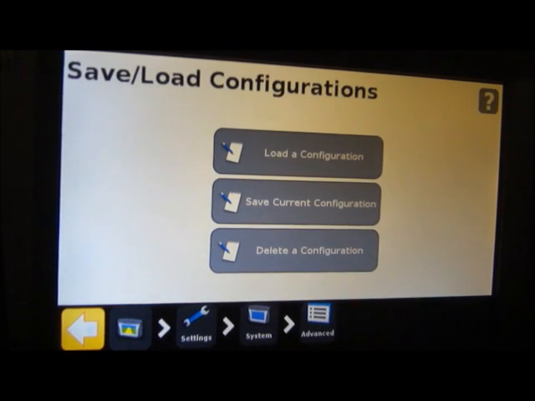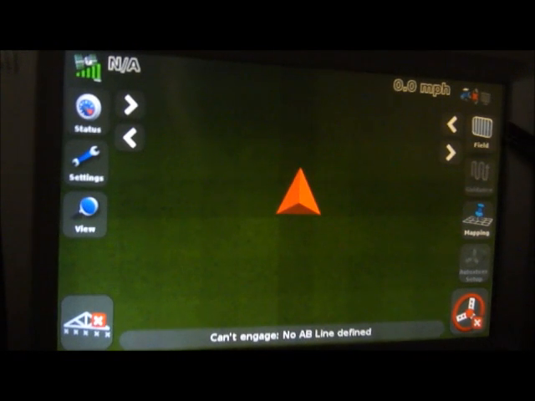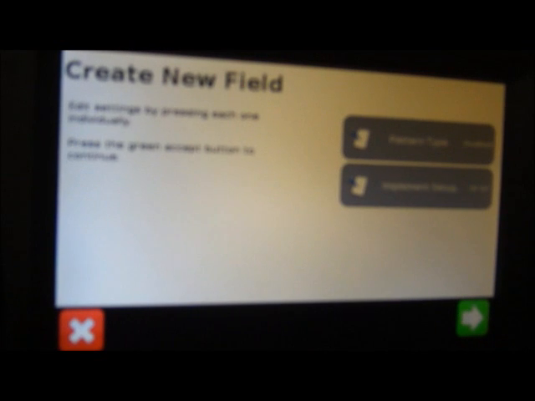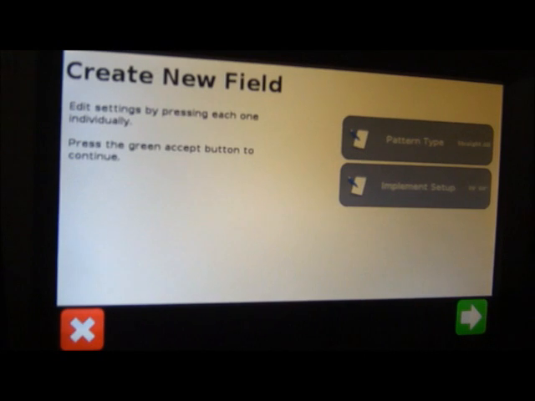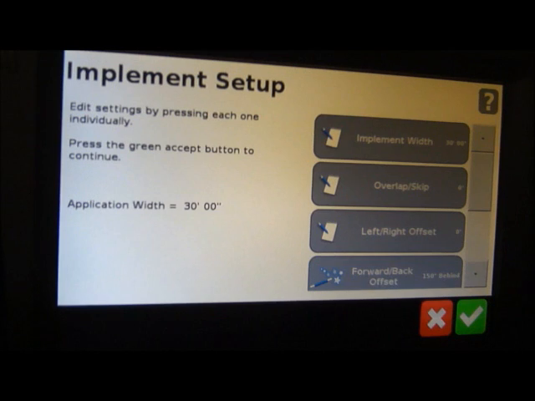Go ahead and go into that, and if you haven't saved it already, we want to go ahead and save our current configuration. So how do I come up with a configuration? If you go back to your run screen, and go to Field, when we open up a new field and create a new field, we tell it which pattern we want, but we also have our implement setup, our implement width, how much overlap and skip we want to run, any kind of offset,